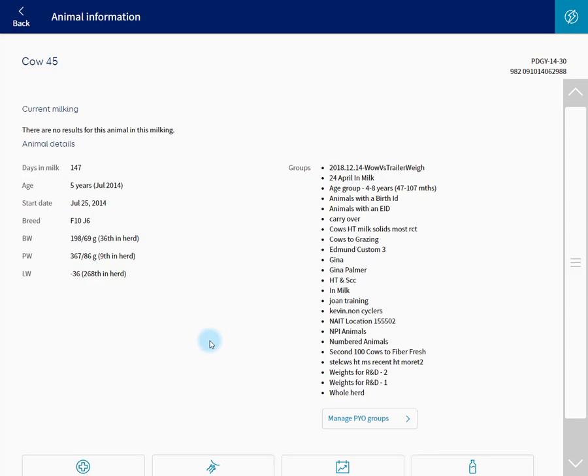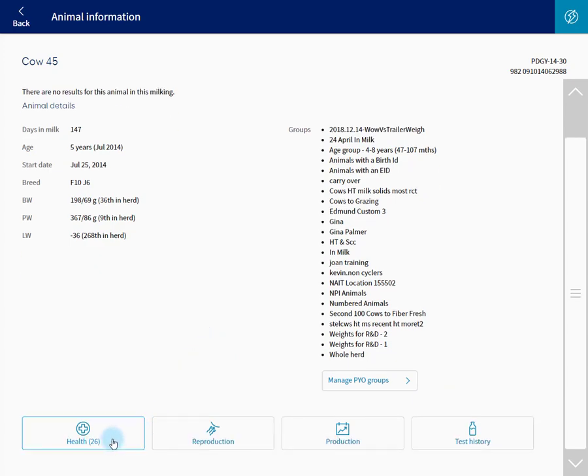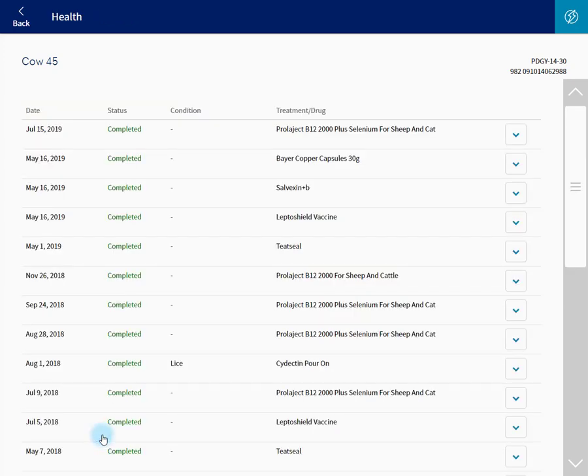And we can also look at these buttons down here. Sometimes you have to scroll depending on how many groups there are. Health will take us to all the health plans this animal's had. If we go back,